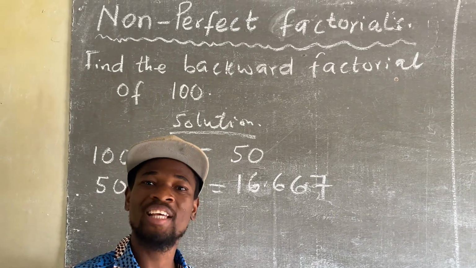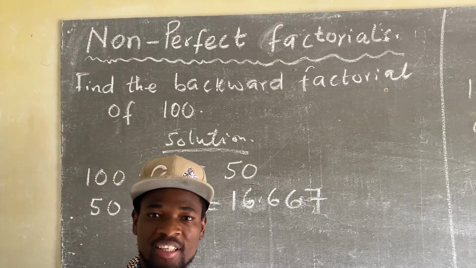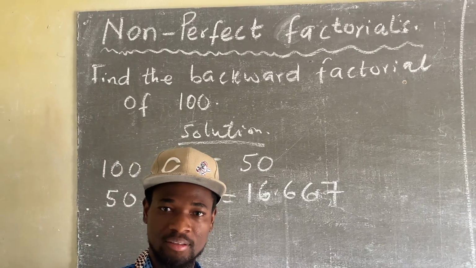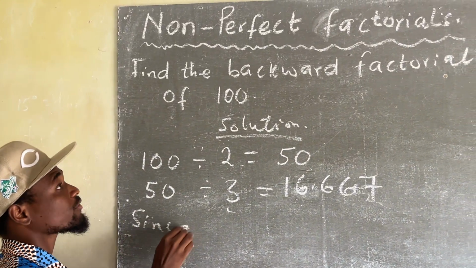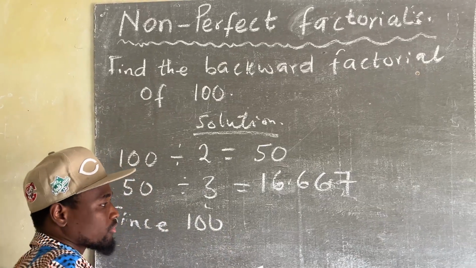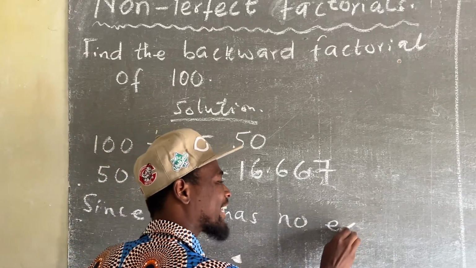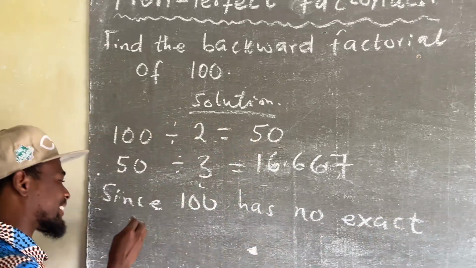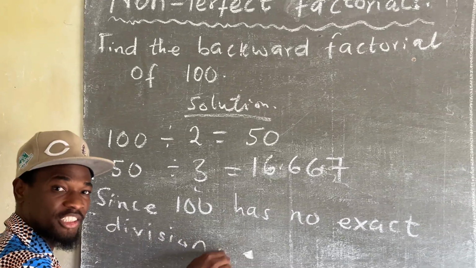This is not perfect, a non-perfect. So we said, since 100 has no exact division,